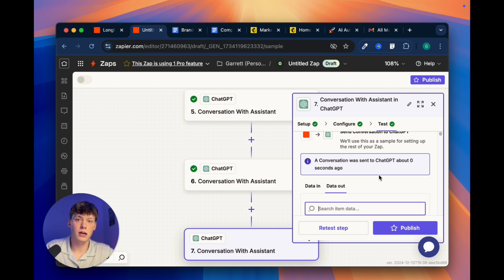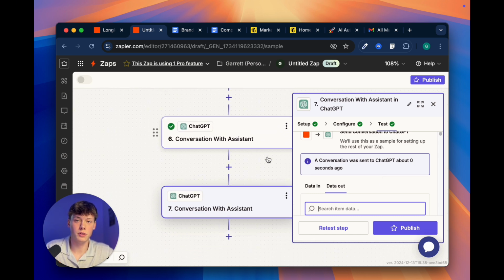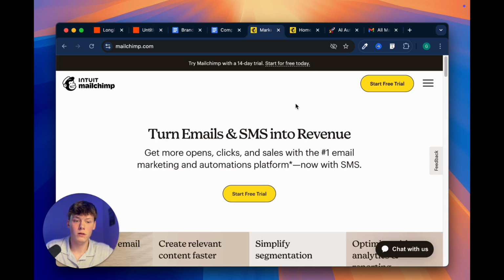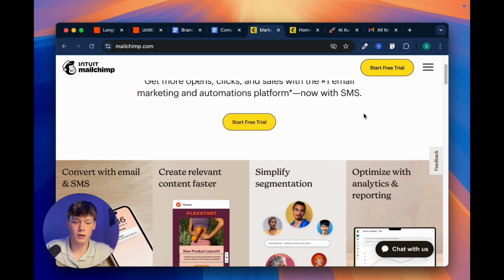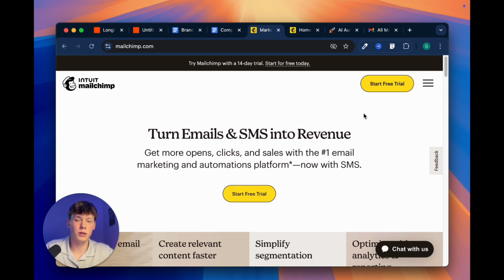Lastly, we just need to add this newsletter to an email sending platform. So if you have one that you already use for your company, that's great. I'm sure you can connect it here. However, just for the purpose of this video, I'm going to use a website called MailChimp. You can create a free account here. I believe you can upload up to something like 500 contacts